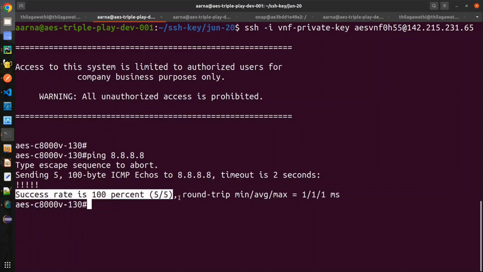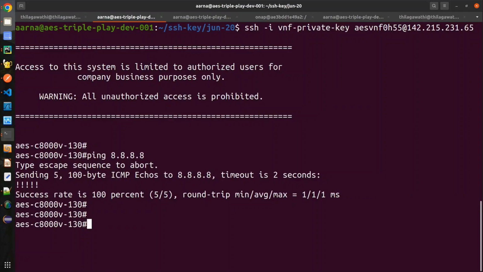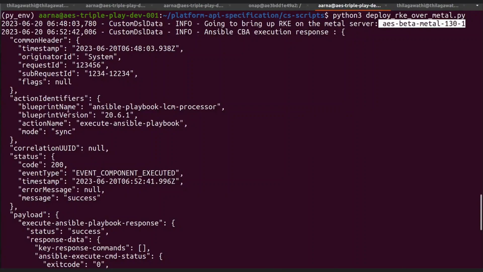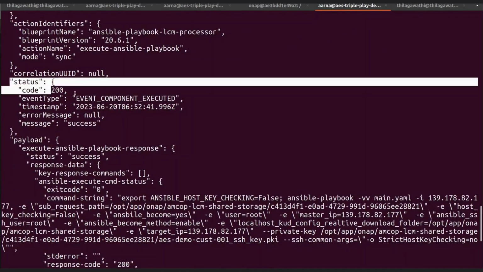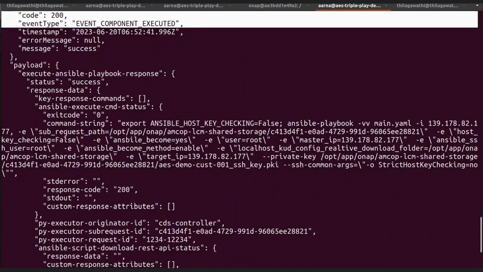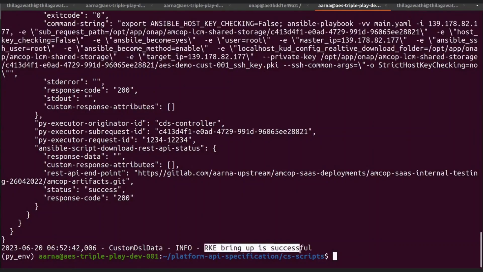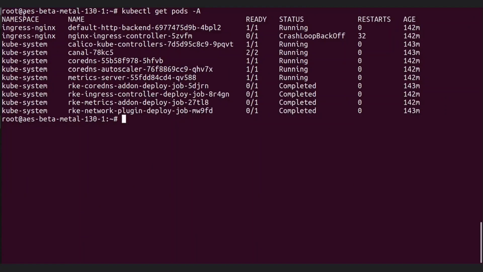Now from the metal side, we are doing the ping test to the DNS server, which is 8.8.8.8, to see whether the internet connectivity is available. A similar test is being performed on the VNF device also. RKE cluster deployment on the metal to see whether the Kubernetes